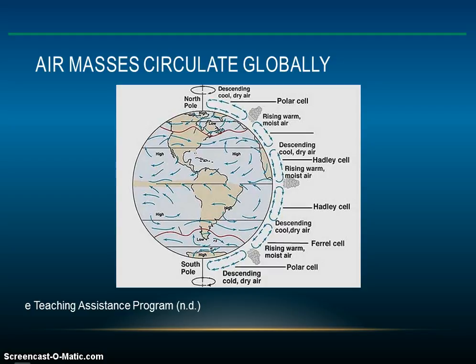The subpolar low is the zone of low pressure where the westerlies converge with cold air moving down from the poles. The westerlies and polar air do not readily mix and thus close the loop to form Ferrel cells. As the northward moving air reaches the pole, it slowly sinks and flows back towards the lower latitudes to form the polar cells. The polar easterlies are formed as air moves away from the poles, and this air is deflected to the right by the Coriolis effect.